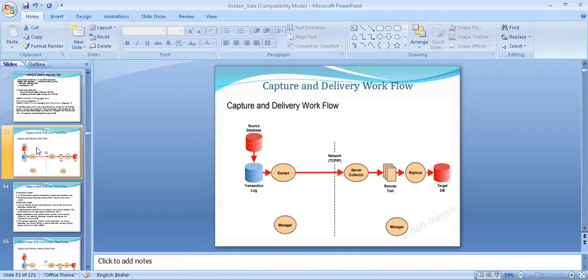From the remote trail file, the server process will collect. This is a background process, and the replicate process reads the remote trail file and applies it on the target environment. This is the basic workflow from source to target environment.